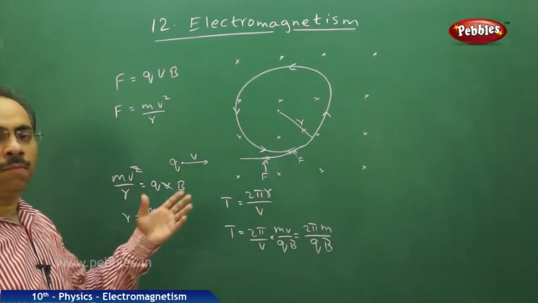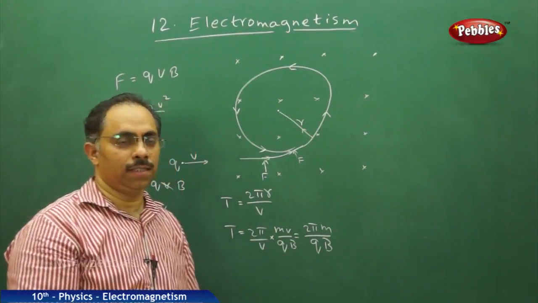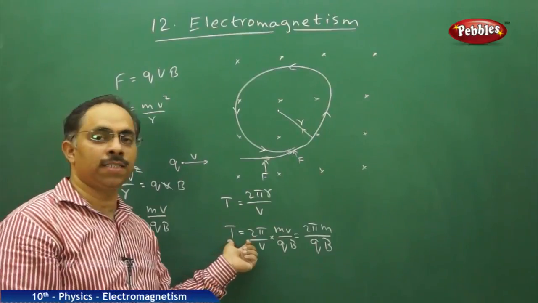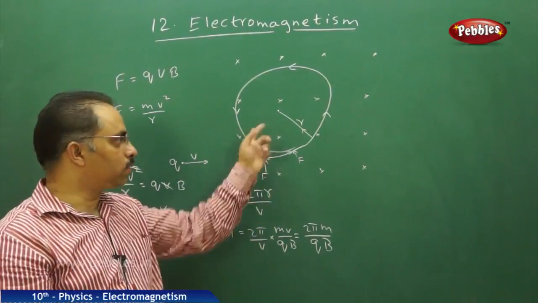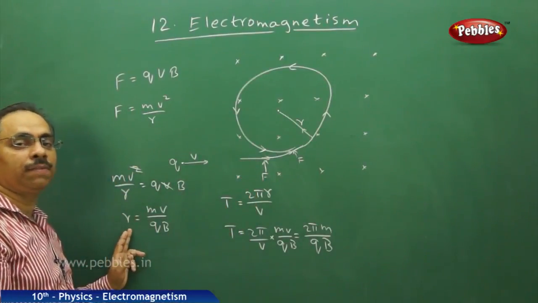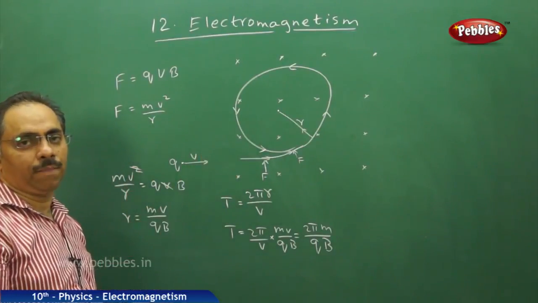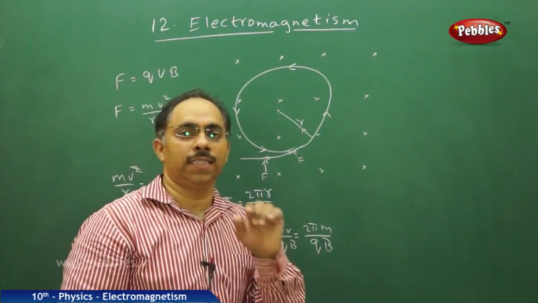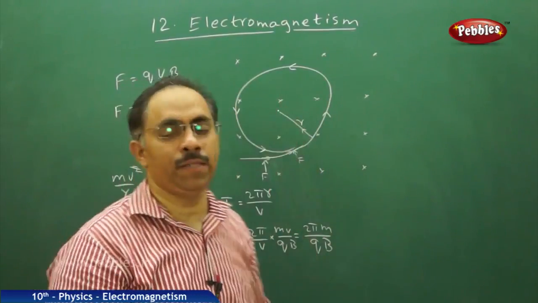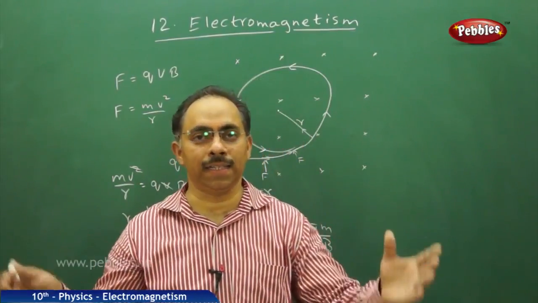So if I know the mass of the charged particle and the strength of the magnetic field applied over there, then even without calculating the velocity of the charged particle, I will be able to calculate the time period of its rotation when it is going in a circular path. I will also be able to find the radius of the circular path with which the charged particle is moving in a magnetic field. Now we have seen a situation where a charged particle is moving in an external magnetic field which is applied. We are considering it to be uniform. In case instead of a charged particle, we will consider a conductor which is